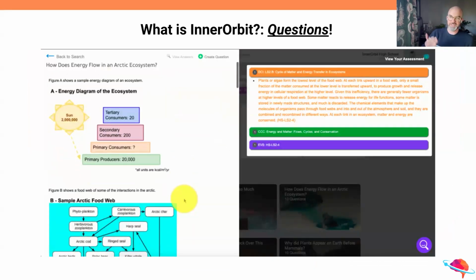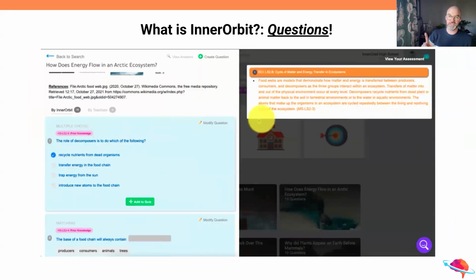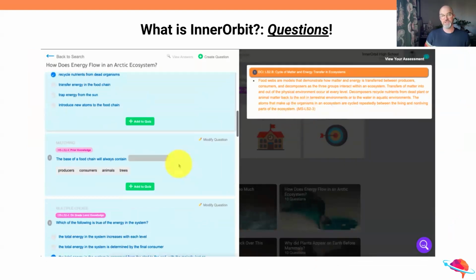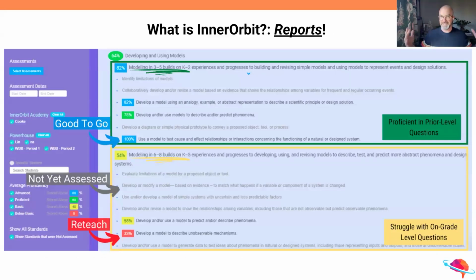And then we write all of these really scaffolded, really, really discrete questions to tell accurate stories about students. We're going to talk about some stories later on today and talk about maybe some things that you can do with that. But those stories are told right now through the language of data. And so you can go into our reports and you can dig into not just a performance expectation, like students did well on this performance expectation, but a really discrete element, which those are sub parts to an SEP. So developing and using models, one of the elements we see in this report, students struggled to develop a model to describe unobservable mechanisms. So really, really discrete part of that standard.